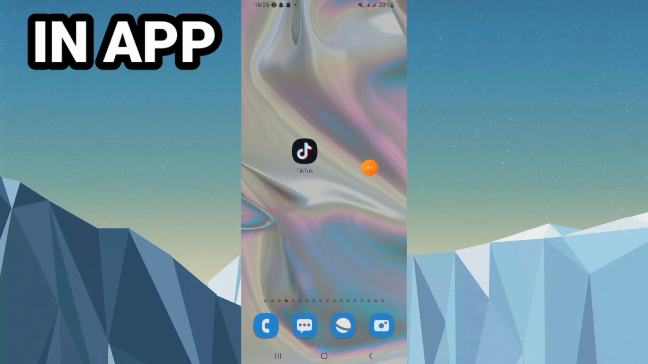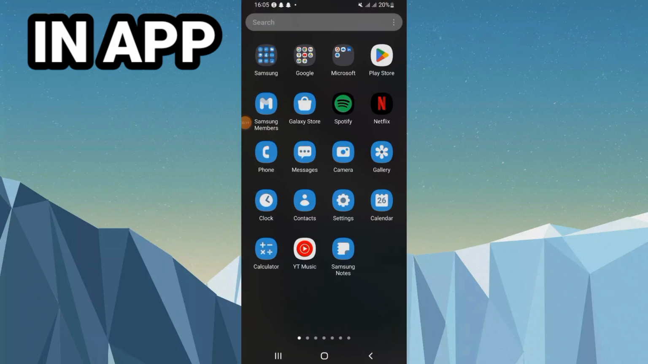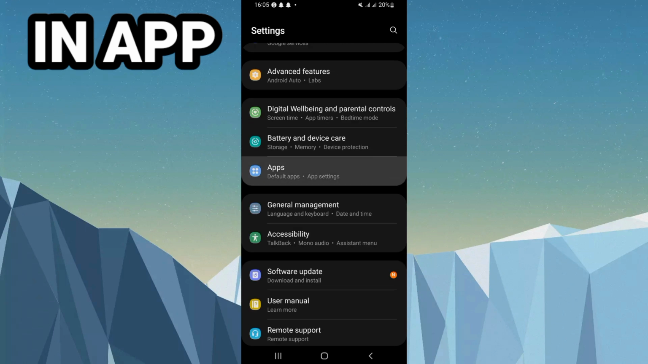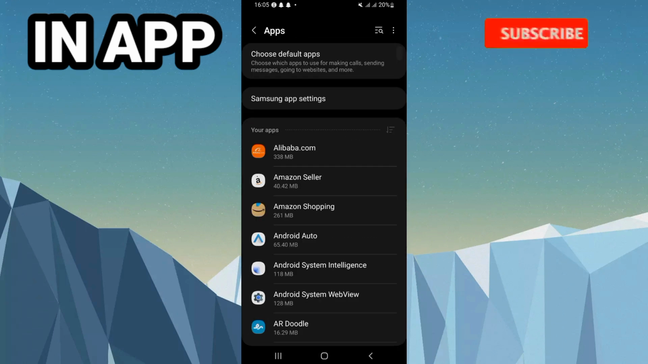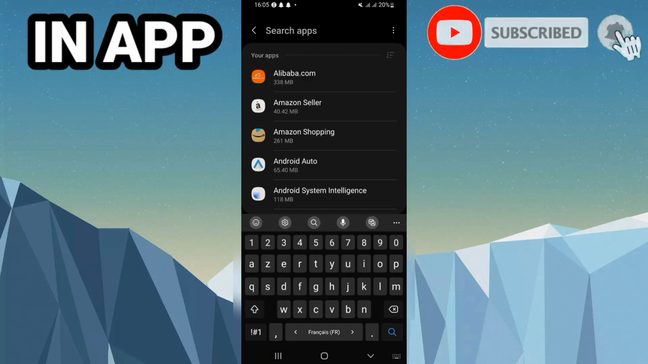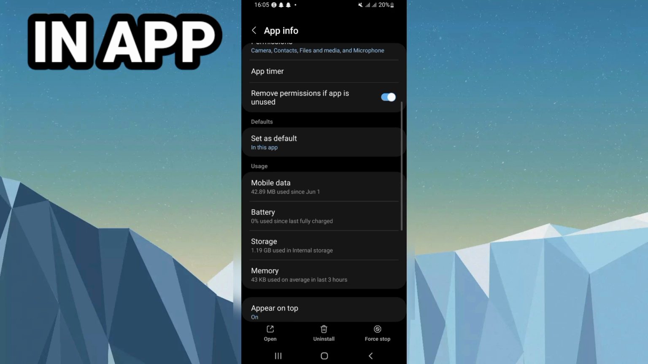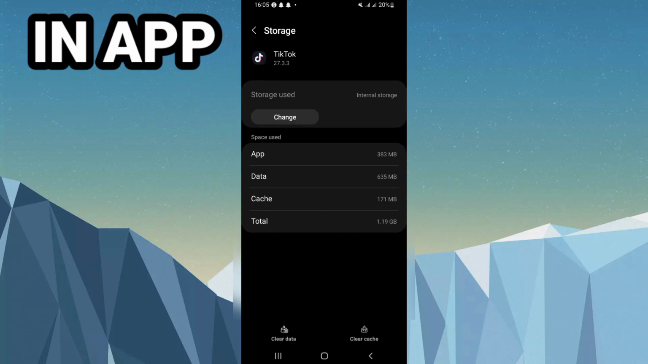So let's start. First, don't open your TikTok, go directly and open the settings of your phone. Right here we find many options, but you just click on the apps option and search for TikTok. Open TikTok like this, scroll down and click on storage. But here, guys, be careful: click just on clear cache, but don't click on clear data, it will delete your